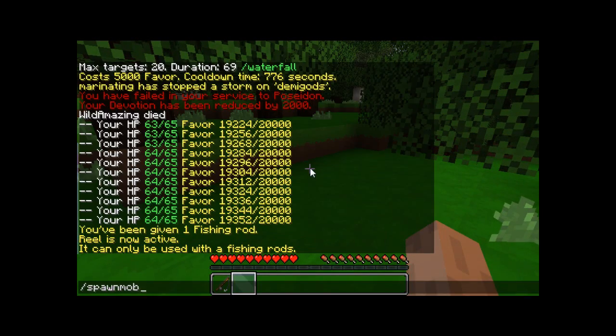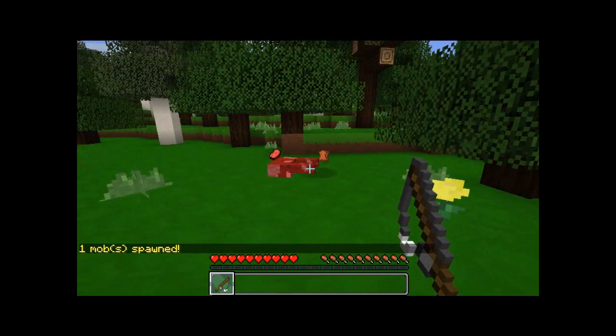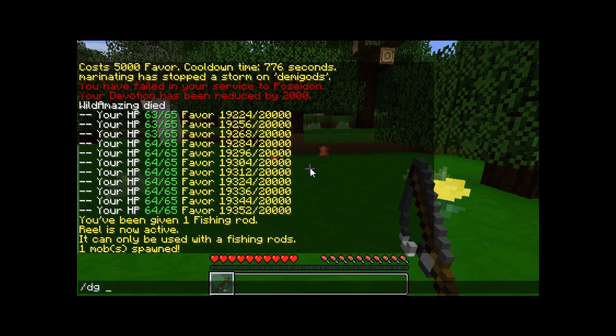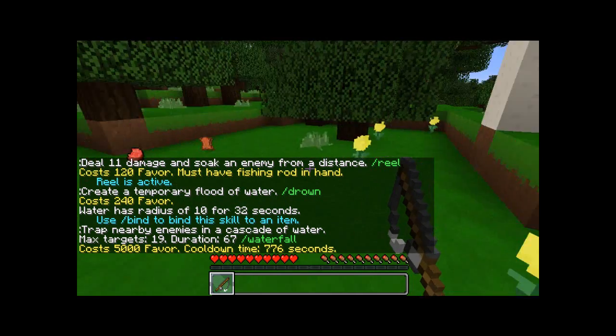And let's say if I have an enemy here, I can use Reel on it from a distance, see, and it does quite a bit of damage. I believe that Reel might be one of the hardest hitting abilities. See, it does 11 damage right now, so that's quite a lot. And Drown,